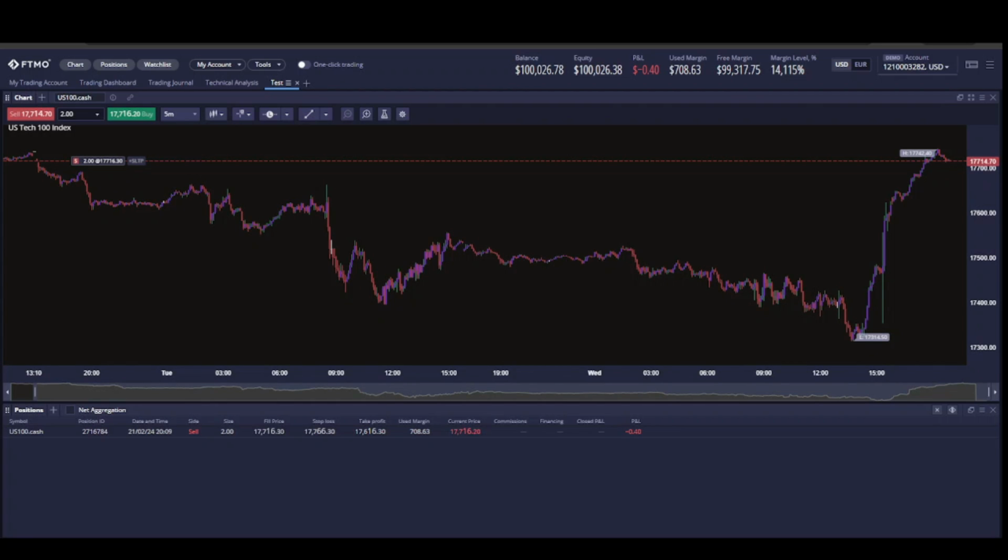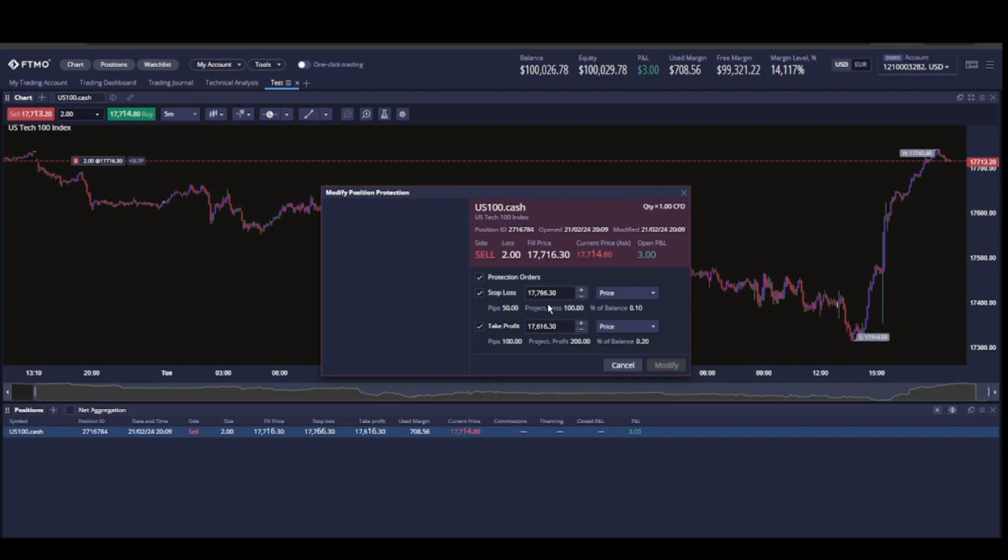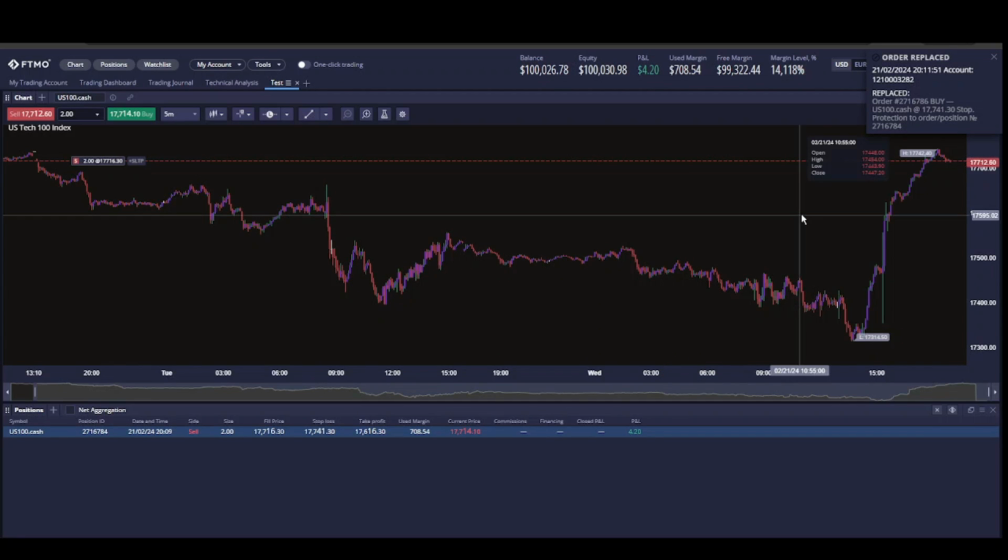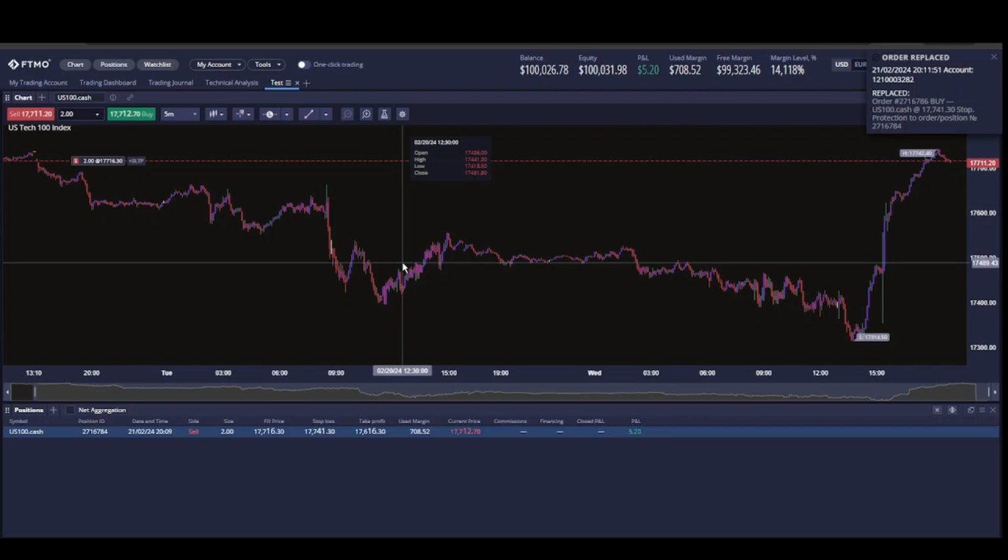Let's say according to our trading plan, if our position goes in our favor 25 pips, then we'll move the SL to break even. I have multiple options on how to do it. I can click on modify trade from the positions window and change the SL to 25 pips. So let's do that. Modify position, stop loss going back in pips, and we are going to change it to 25. Modify. So it changed the SL to 25 pips.